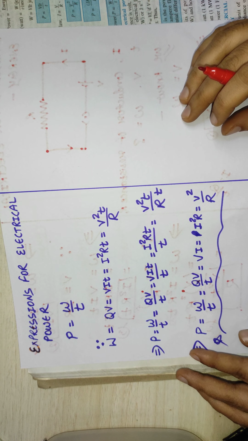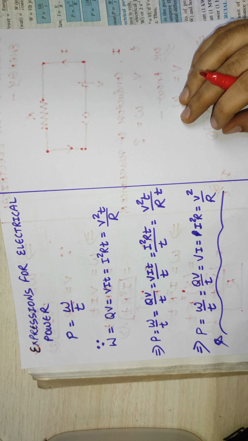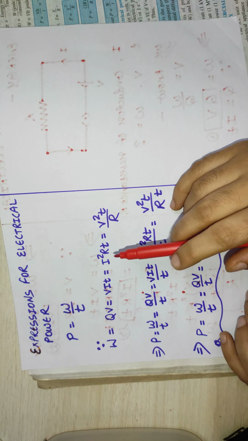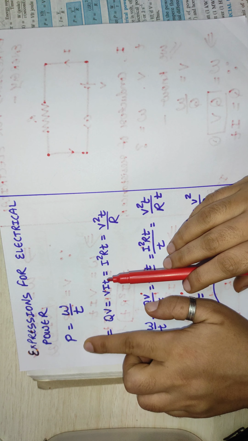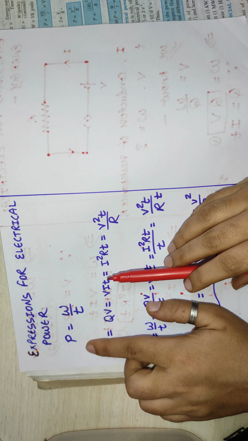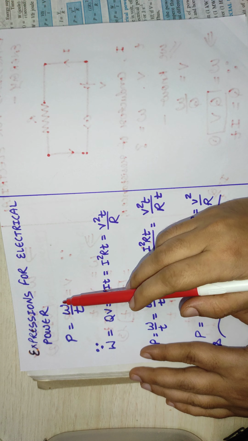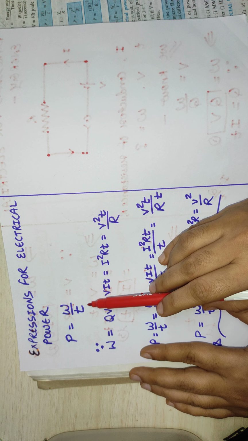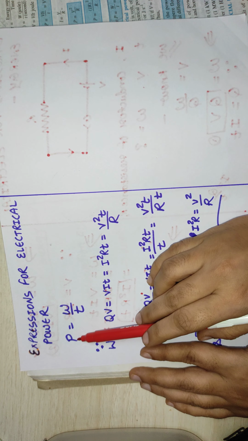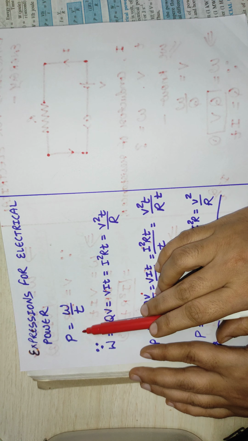Then next, dealing with different expressions for measuring power, or we can say the various formulae for measuring power. Clear? Power is basically the rate of doing work. Whenever in physics we use the term rate, it means we have to divide a certain physical quantity by time. Power is the rate of doing work, so work by time will give you power.